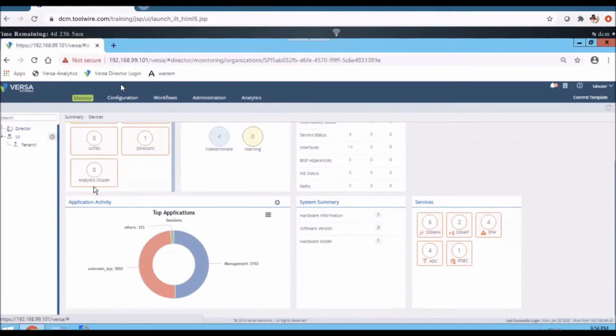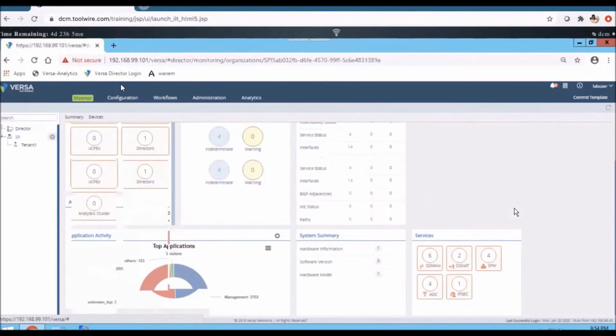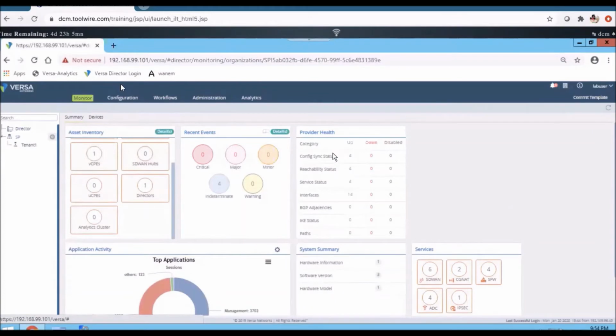Then we could see the health information: the devices, BGP adjacencies, whether there is any up state or down state, and IKE status. If I have onboarded multiple devices on this tenant, we could see this connectivity information.